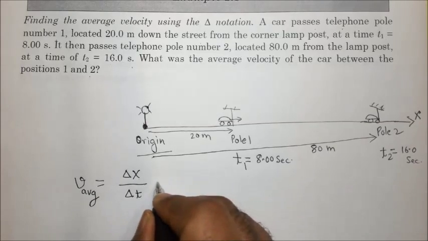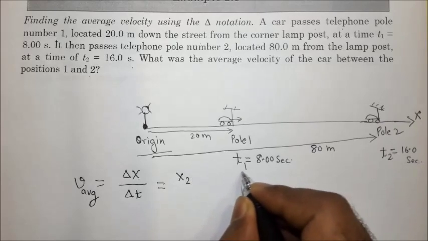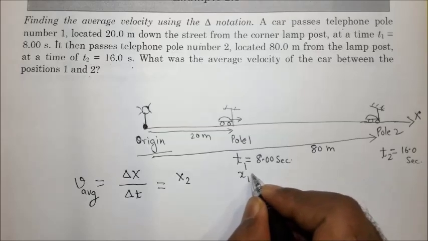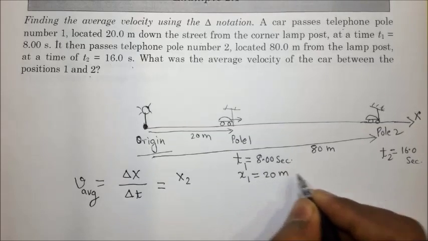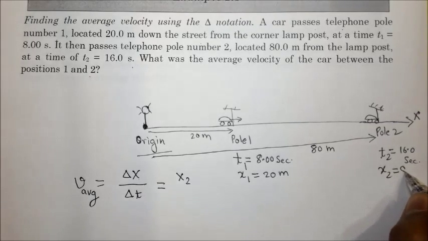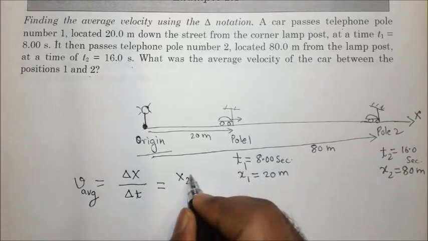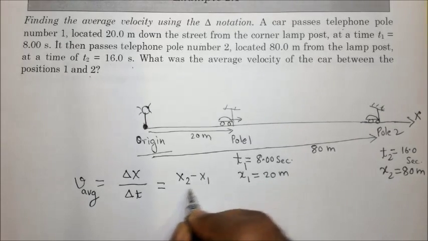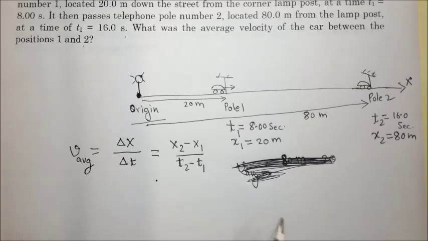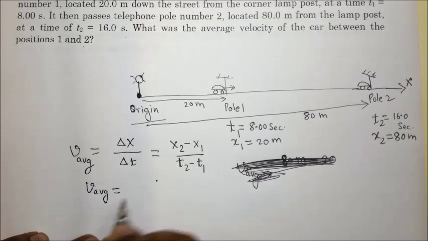So in other words, if this position is x1, it is 20 meter, and this position x2 is 80 meter. So x2 minus x1 over t2 minus t1. So this gives you V average is equal to,